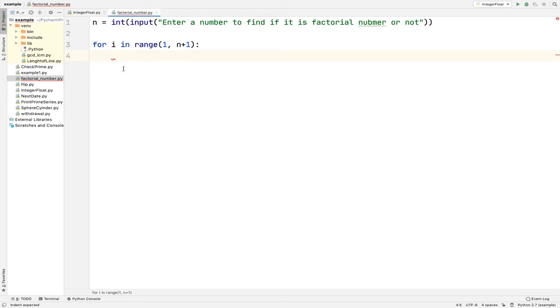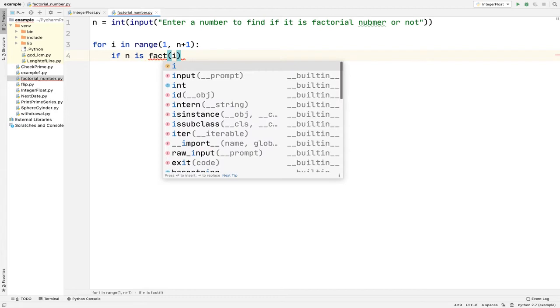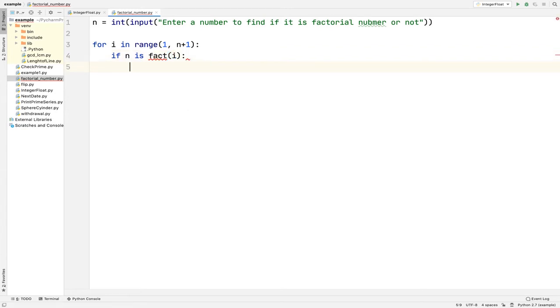So what I will do, I will say if n is equal to fact of i, in that case, I am going to print factorial number, or I will just say n is a factorial number.